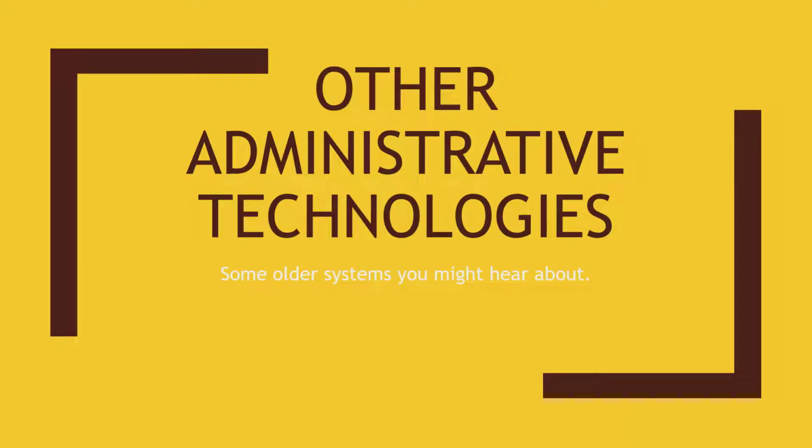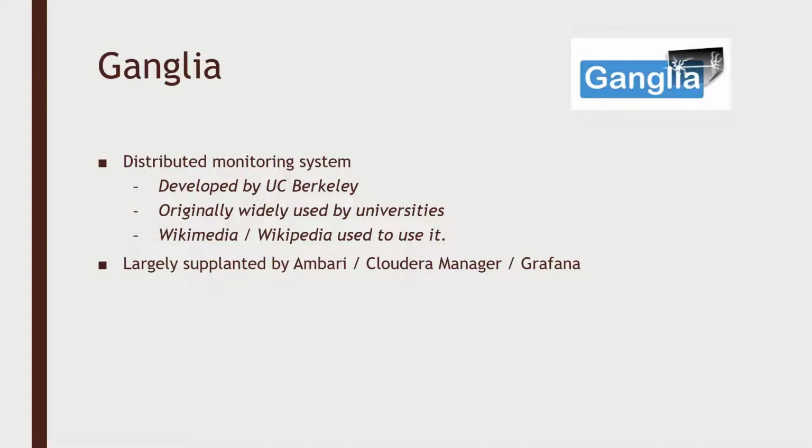Finally, let's talk about a couple of older systems in the administrative realm of Hadoop. They aren't really in use anymore, but I still see references to them here and there. So mostly the purpose of this lesson is just to expand your Hadoop vocabulary. One of these older systems is called Ganglia, and that's an old monitoring system for Hadoop that was originally developed